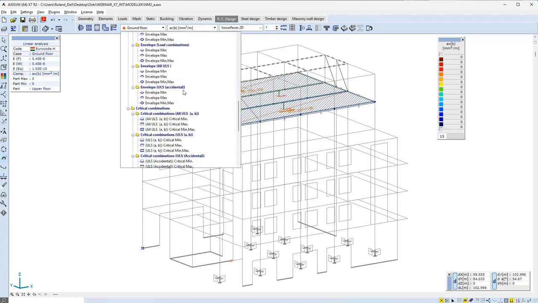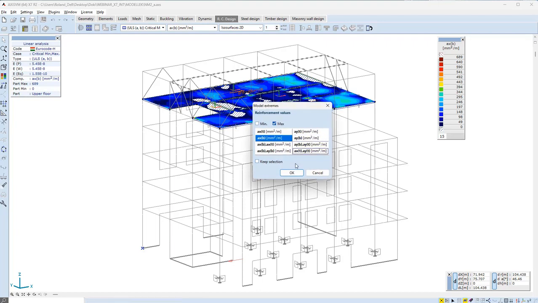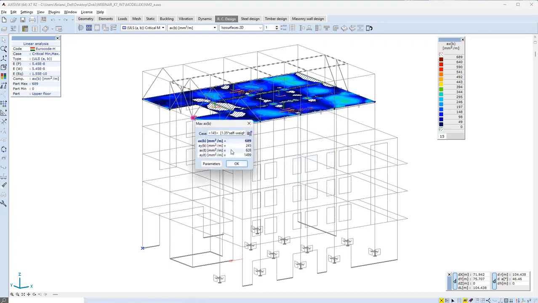By checking the critical results from ultimate limit state combinations using the minimum-maximum function, we can see that the required reinforcement, for example, in x direction bottom position is 689 square millimeters per meter.